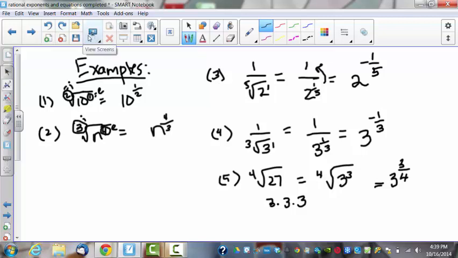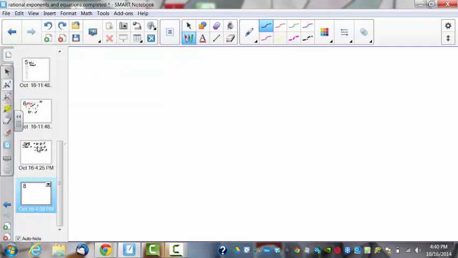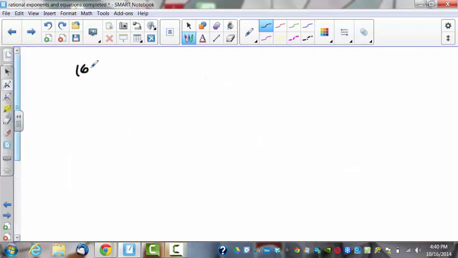Okay, let's do a few more. You're going to have to know how to use a calculator to approximate fractional exponents. Okay, so suppose we have, what number were we on here? Let's see, this was number 5. Okay, so we're on number 6. If you're given 2 to the 7/8 and you're asked to use the calculator to approximate it,